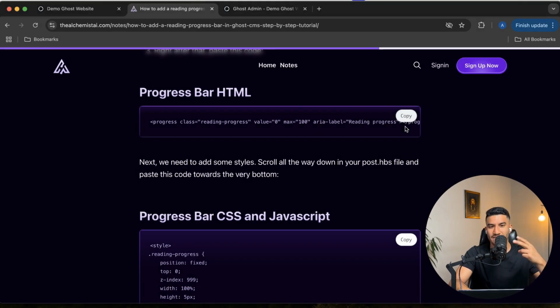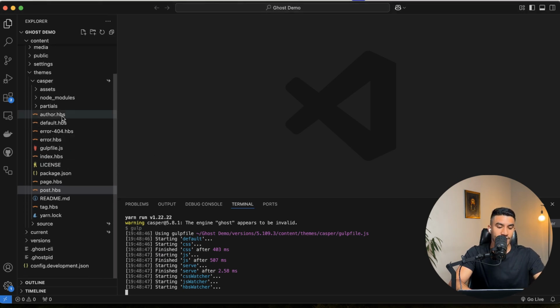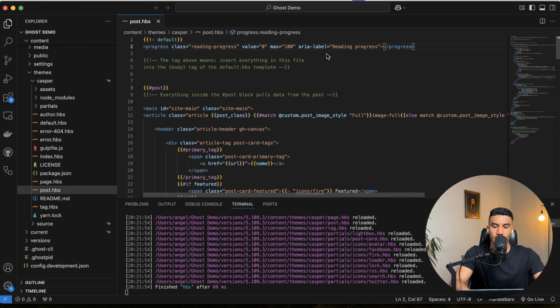So once you're there, you're just gonna have to copy two pieces of the code. So this first block of code, you're just gonna wanna go and copy. And once you do that, you're gonna wanna go over to your theme files, hop into your theme, so whatever theme you're working in, and go over to post. So once you're inside post, under default, you just wanna hit enter and just go ahead and paste the reading